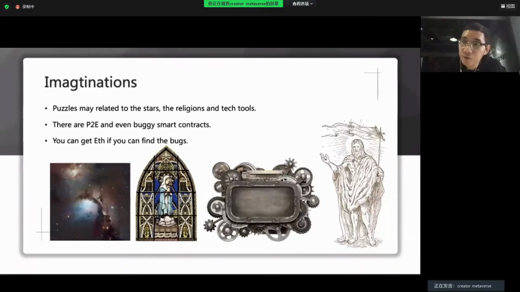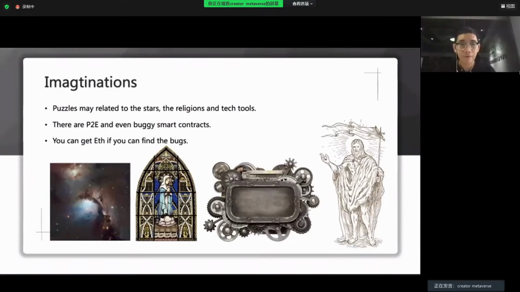And it is also a play to earn game, because each player who can fight against the fire demons in the end will get Ethereum as a reward. I put in the Ethereum myself at that time. I think I staked about 10 Ethereum, which is a lot nowadays, but at that time it was not that expensive. And of course, in the end, the players get all of it.